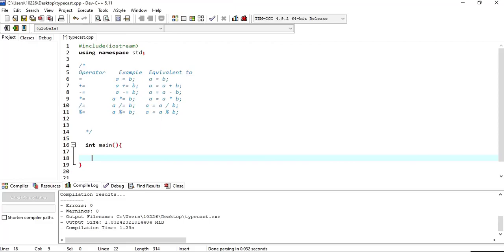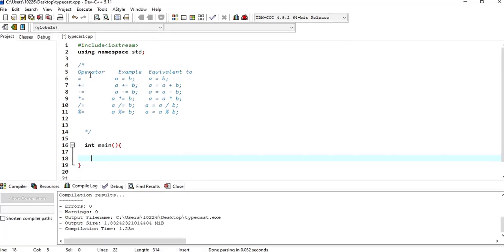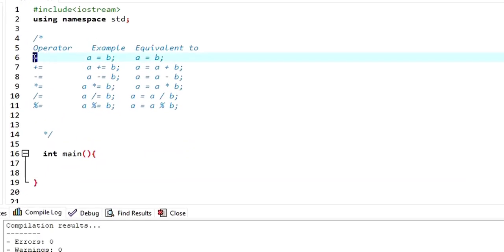Now let us learn about the assignment operators in C++. This is how the operators look. The first one is the assignment operator, where we can assign values to a variable. The second one is the add-and-assign operator, if you want to add. If you want to subtract a value from one variable to another, this is the operator. If you want to multiply, this is the operator, and it comes under the assignment operators. If you want to divide, this is how the assignment operator looks. This is for the modulo operation.